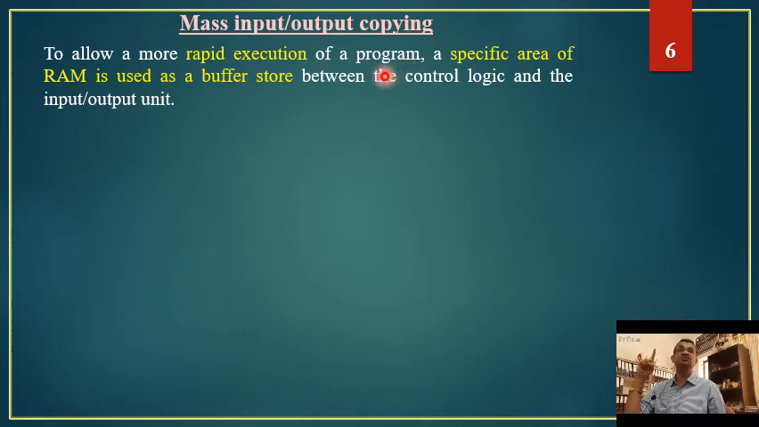Rapid execution of the program is possible with mass input-output copying. A specific area of RAM is used as a buffer store between the control logic and the input-output unit. So a small buffer in the RAM has been dedicated